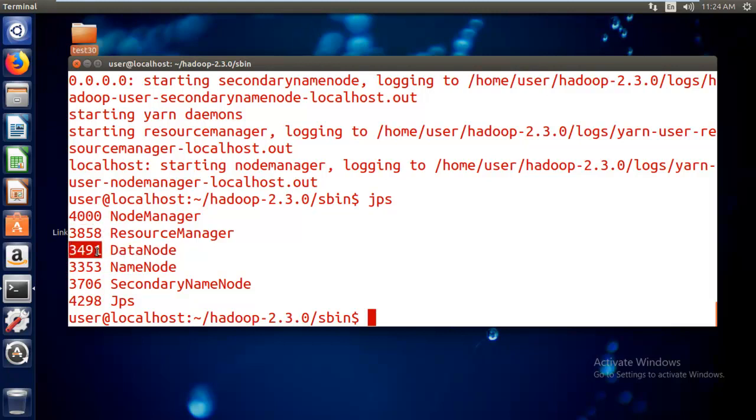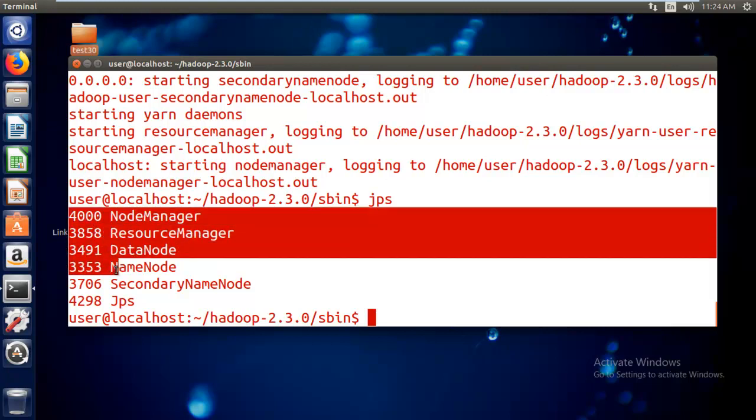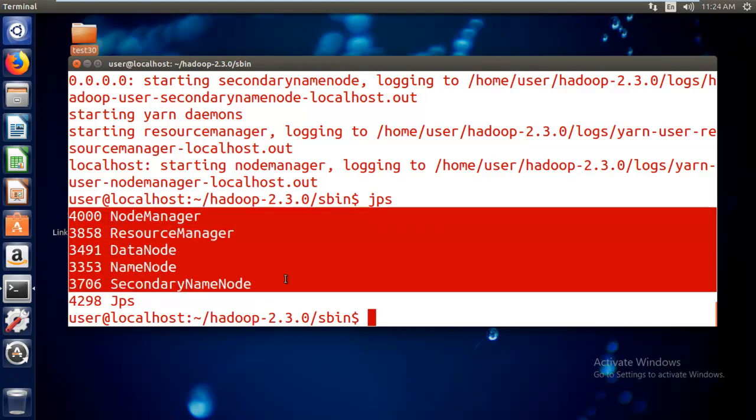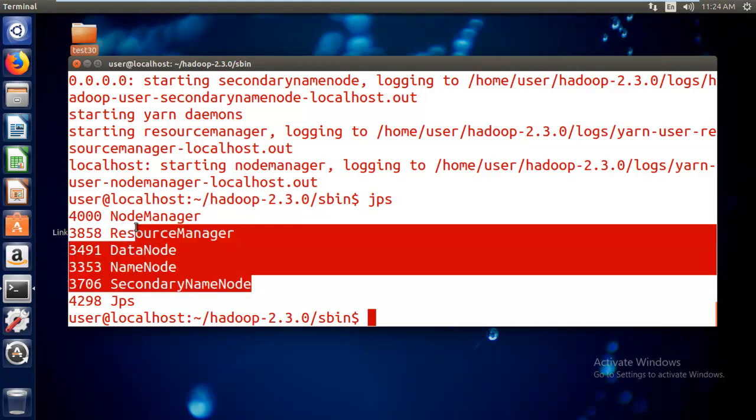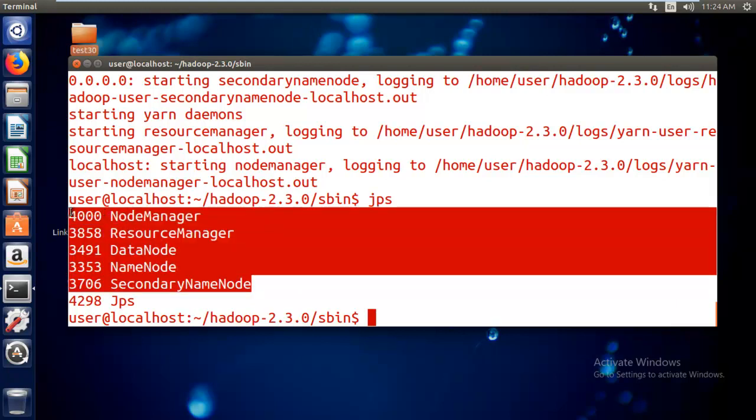So for that purpose these process IDs will be useful for the Hadoop admin, whereas for us there is really nothing to do with these numbers. The only thing we can refer to here is whether you're able to get the list of services related to YARN and Hadoop or not. That's the only question you have to think about. So here all services are up and running.